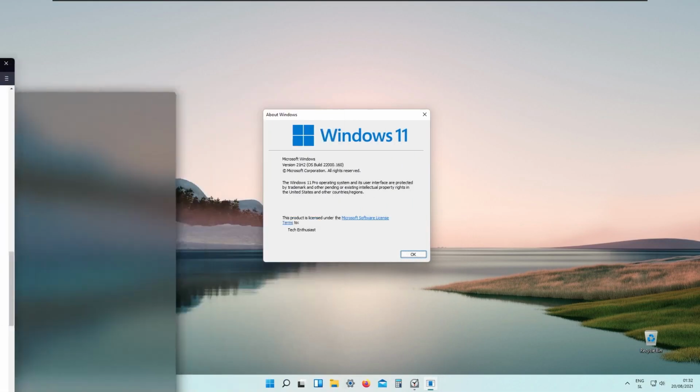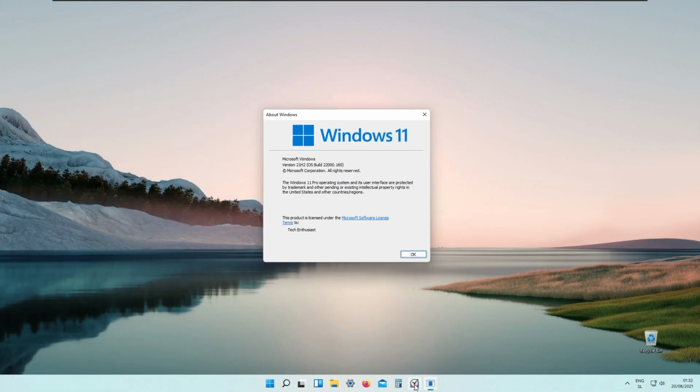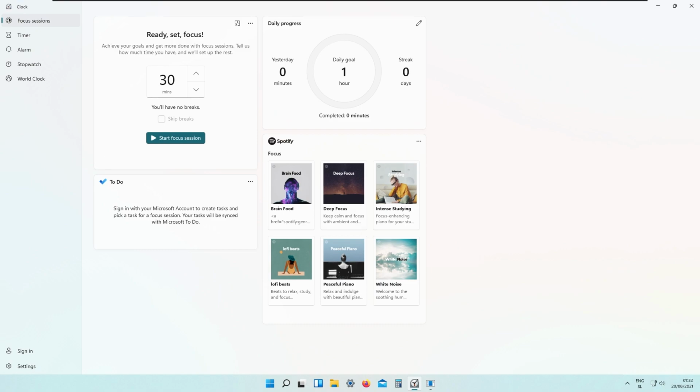Now continuing with the new Windows 11 clock app, they decided to release a brand new clock app with the new OS design and also the Windows 11 changes with the rounded corners and everything. They also began releasing updates for apps that come included as part of Windows 11. The first set of updates included the new snipping tool, and updates for the calculator and mail and calendar apps. Now they are continuing to push the update to the clock app.